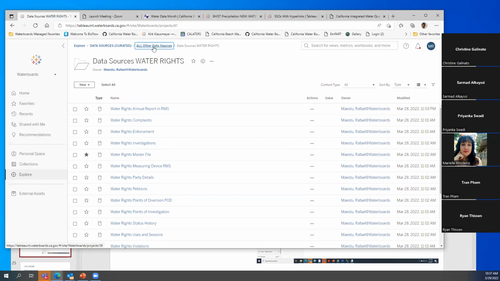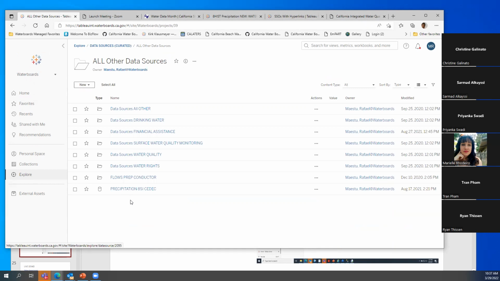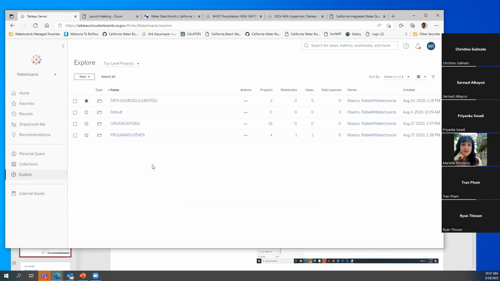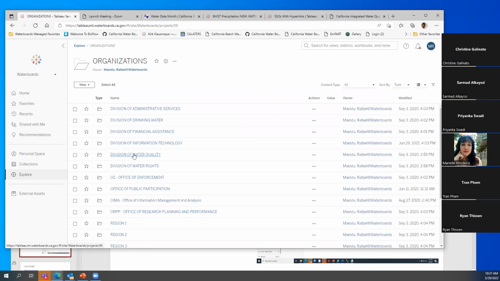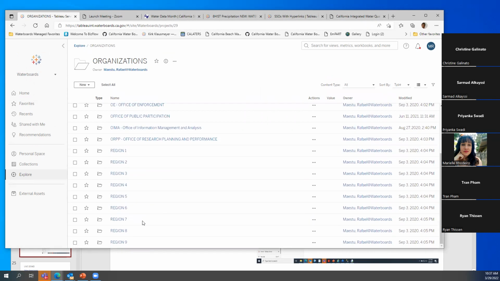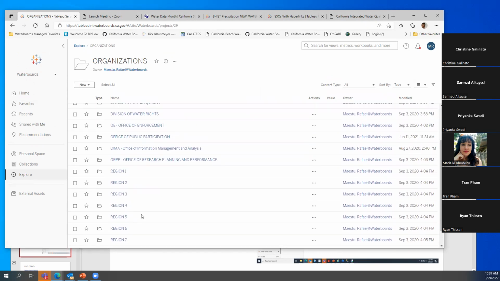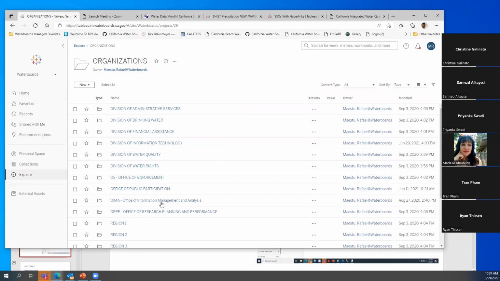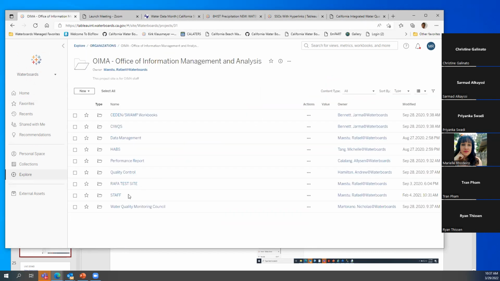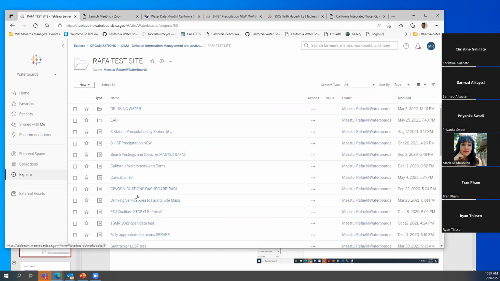And we're doing similar things for all the other programs. If you belong to one of the organizations of the Water Board, we have one for each division, office, and regional board. For example, I'm in OIMA, and I have my own test site.